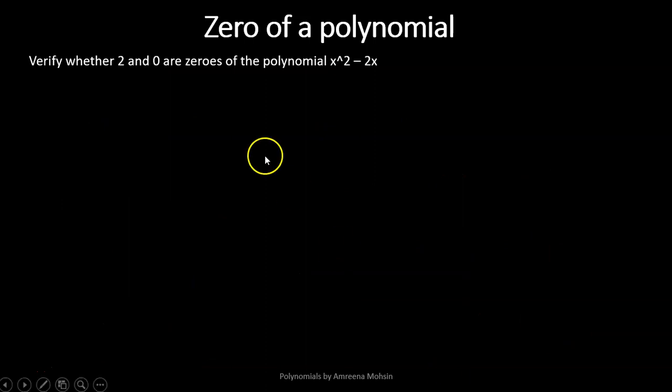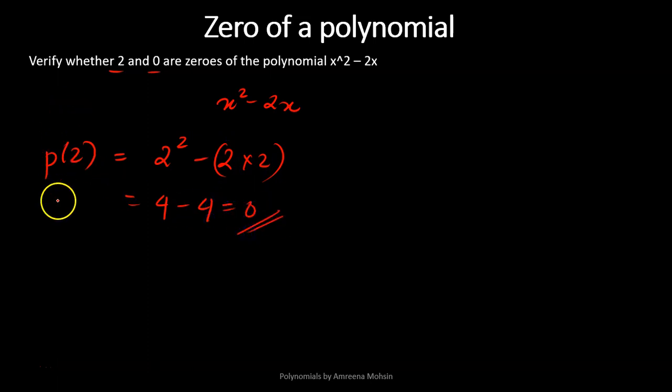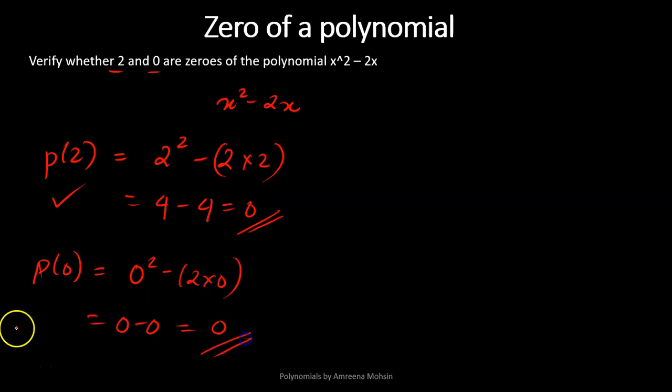Now verify whether 2 and 0 are the zeros of the polynomial x squared minus 2x. So our polynomial is x squared minus 2x. So let's verify if 2 and 0. Quickly, we're just going to write p of 2, which is 2 squared minus 2 into 2. So 2 squared is 4 and then minus 4, and that's a 0. So yes, p of 2 is a 0 of the polynomial. Let's check with p of 0, which gives us 0 squared minus 2 into 0. So that's a 0. So yes, p of 0 and p of 2 both are zeros of the polynomial